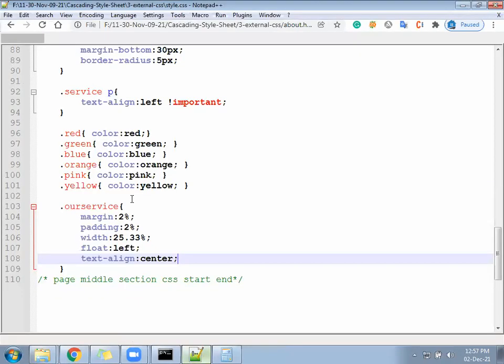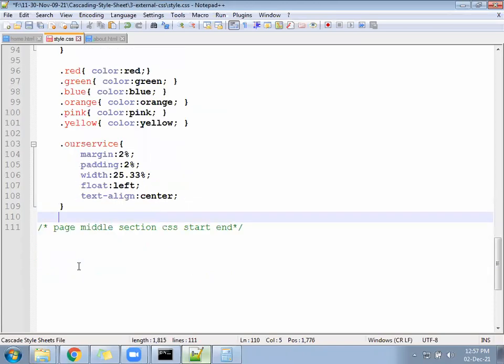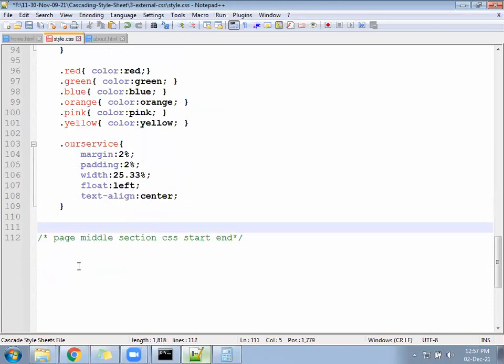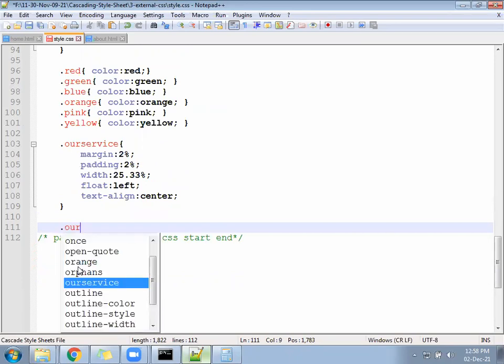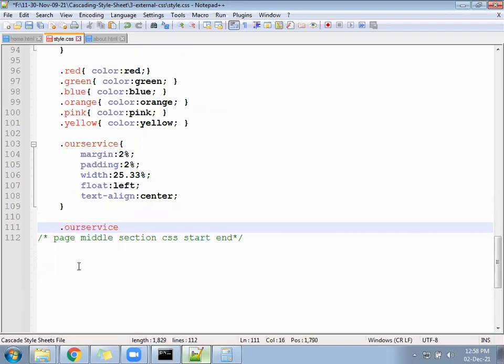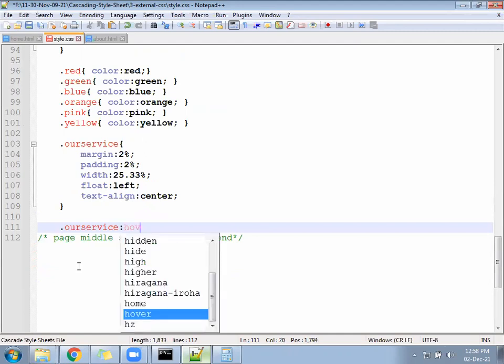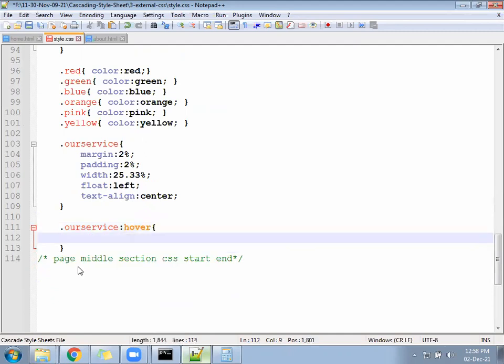So for the HTML part now, you will write here again dot our service colon hover. Apply the box shadow for that. Box shadow 0px 0px 1px 1px.